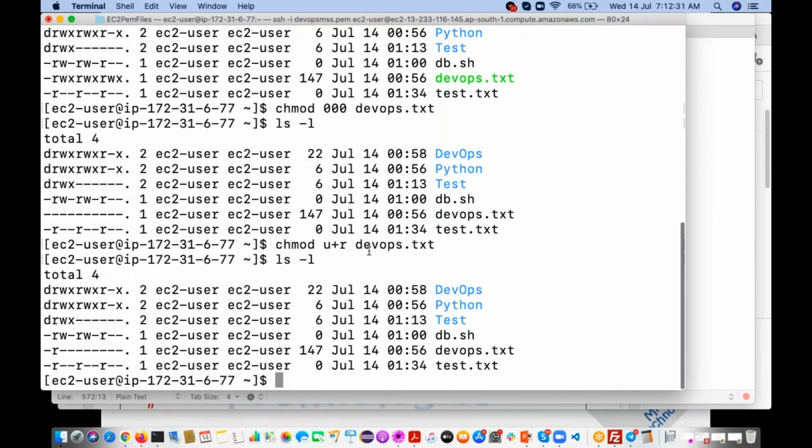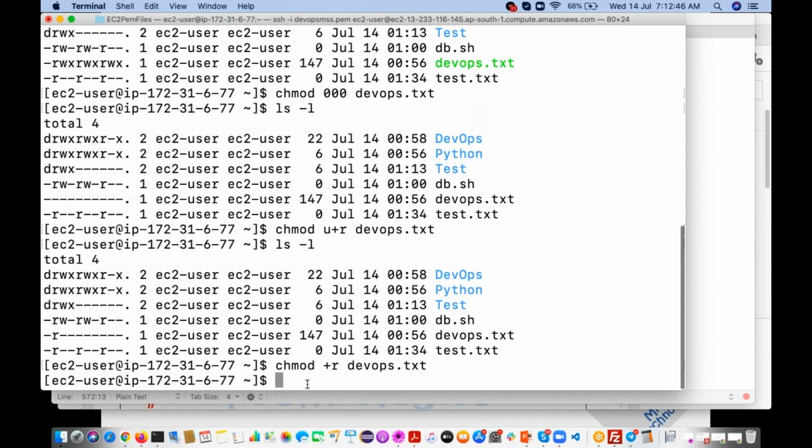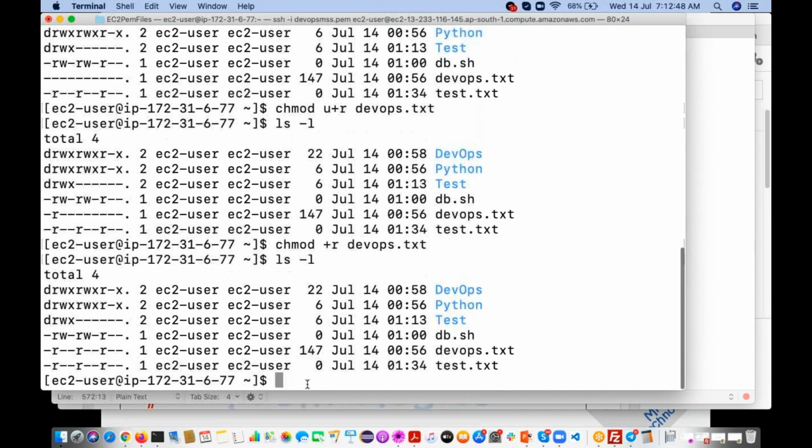Just type ls -l. Observe, it is giving only for user. But if you use only plus and don't specify anything, it is going to add for everyone. See, user, group, others, read permission.